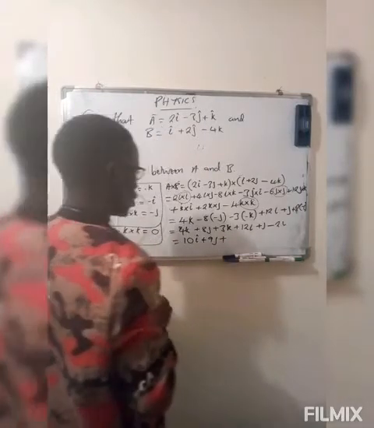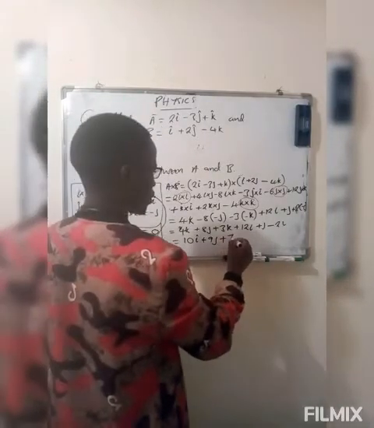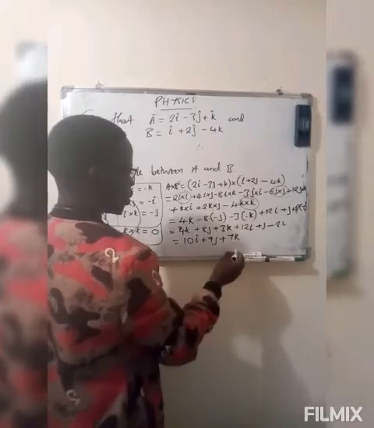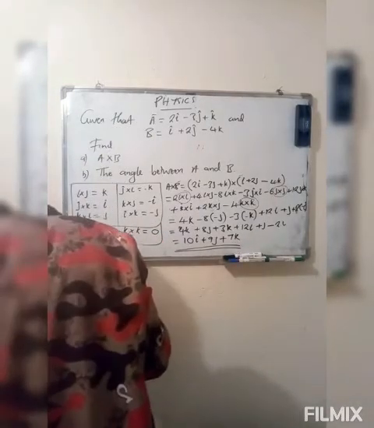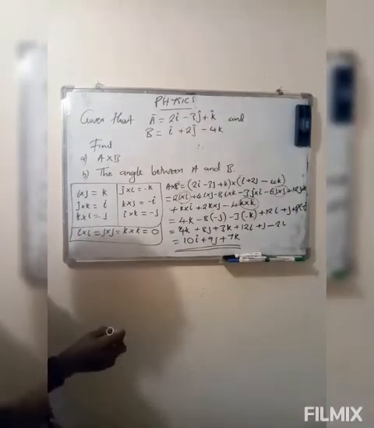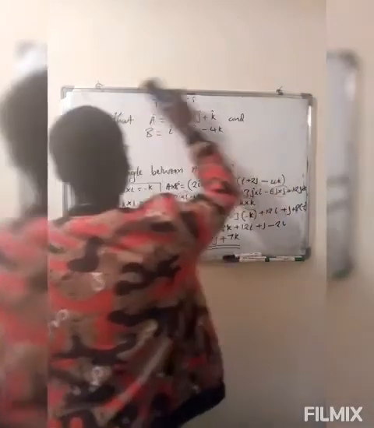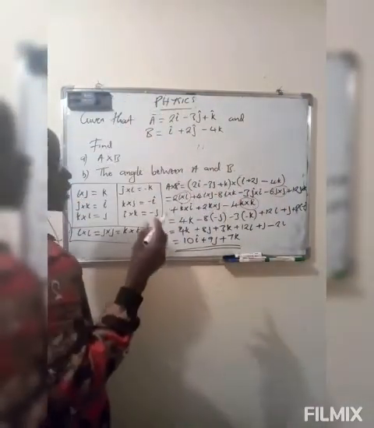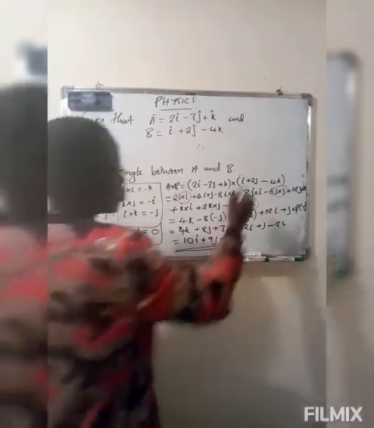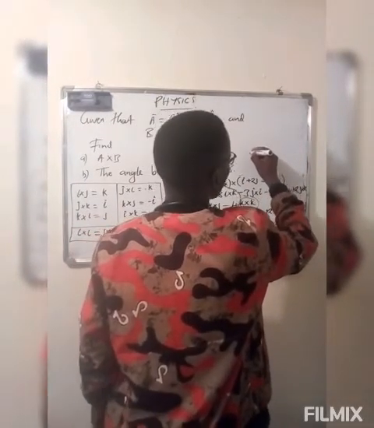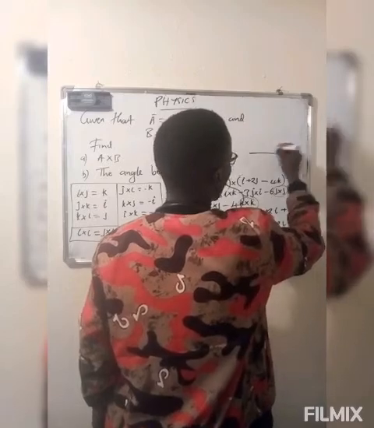Remember we said that the vector product is a vector that is perpendicular to both vector A and vector B. So in this case, what it means is that if this is our vector A and then this is our vector B, then it means that this vector, which let's call vector C,